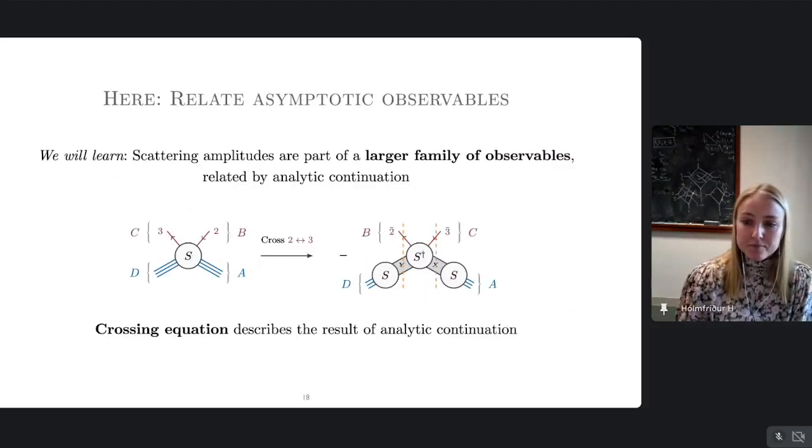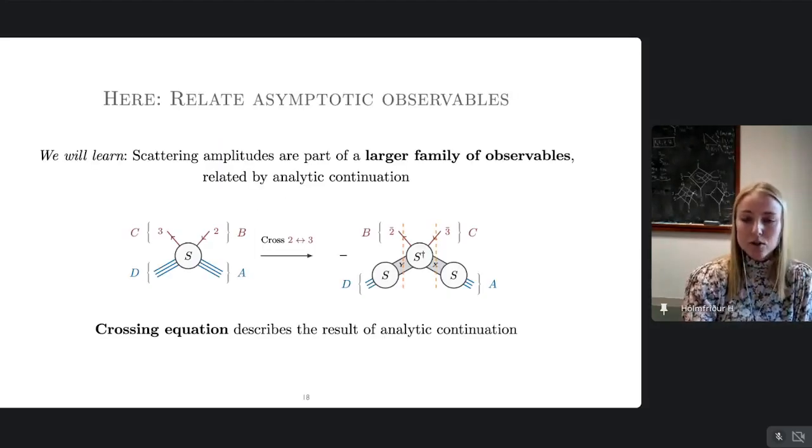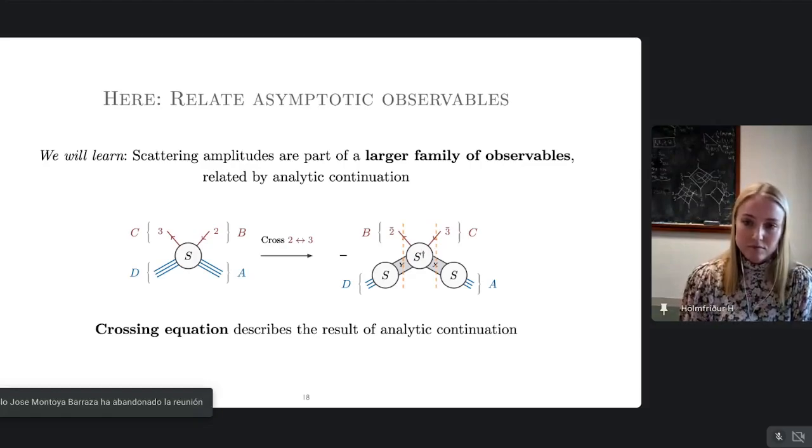Excuse me, the cuts of the dashed line are in the same sense of the delta function of the on-shell condition that you put? Exactly. So in this picture, and we'll go over this later, excellent question, these orange cuts mean precisely the same thing as happens in the unitarity cuts or the Cutkosky cuts, that we put all of the particles that flow through the cut on shell with positive energy. But in Cutkosky, you aim at finding the imaginary part. Here not. Exactly. Here not.